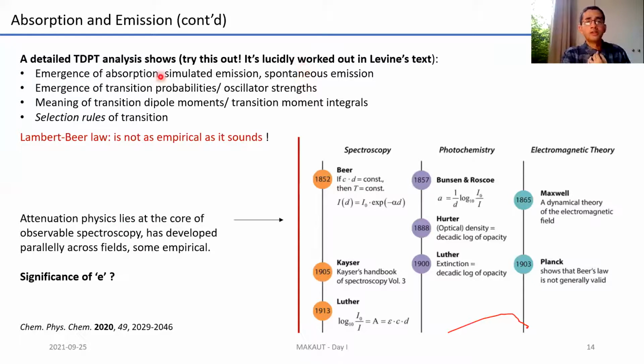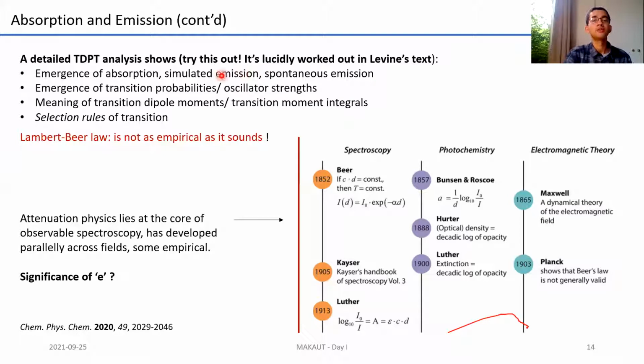And just a small comment on this: absorption and simulated emission, sorry, this is a typing error. It's not simulated, but stimulated. So absorption and stimulated emission are basically what we see everywhere in absorption and emission spectroscopy. Spontaneous emission is something a little bit more complicated. The physics is more complicated, and this is associated with lasers. So for those of you who've heard about lasers, laser spectroscopy is based on this.